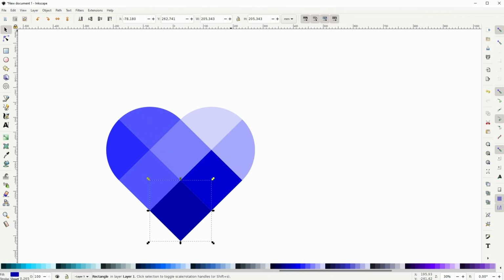Once you've got what you want, select it all, press Ctrl G to group it, and here's your heart logo